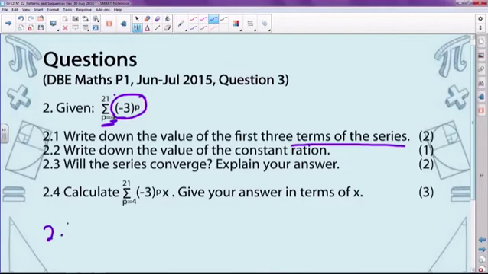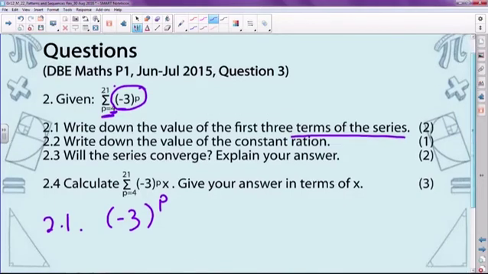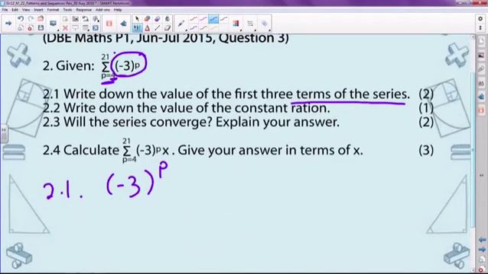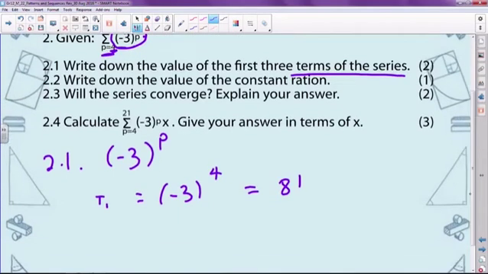So to write down the first three terms, we're going to look at the series minus 3 to the power of p. To find the first term, remember you're starting from when p is 4. So term 1 is actually going to be minus 3 to the power of 4. In place of p, you replace the first term that you are starting with, so when p is 4, and you'll get 81. So term 2, the next term in the series, so we've started at 4, the next one's going to be to the power of 5, minus 3 to the power of 5 will be negative